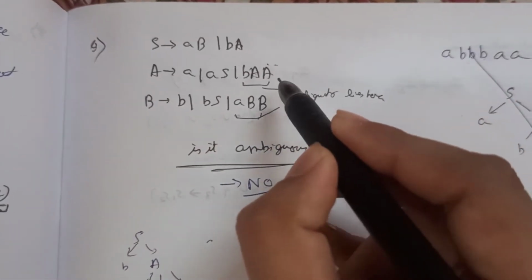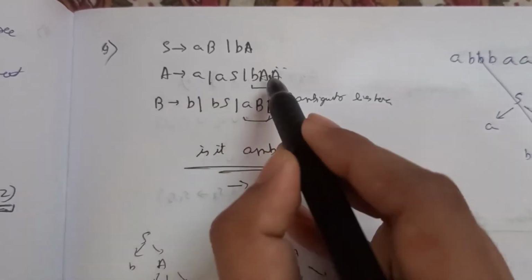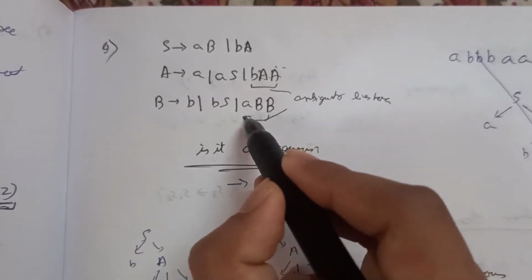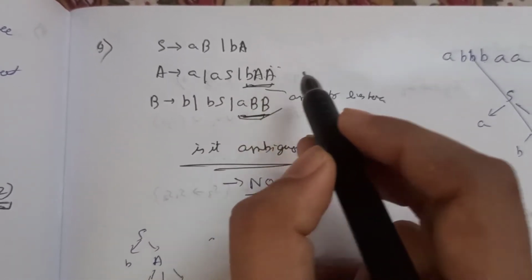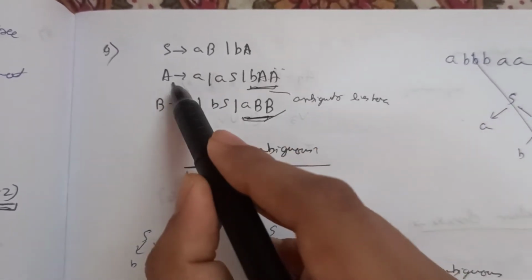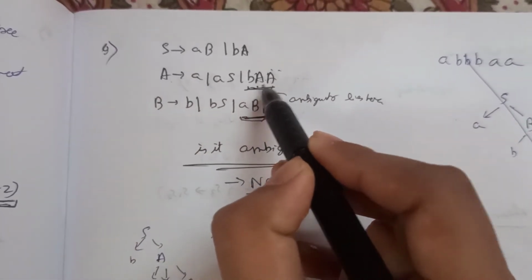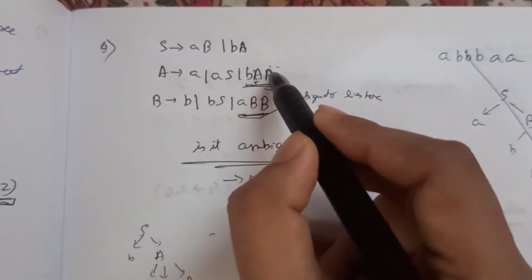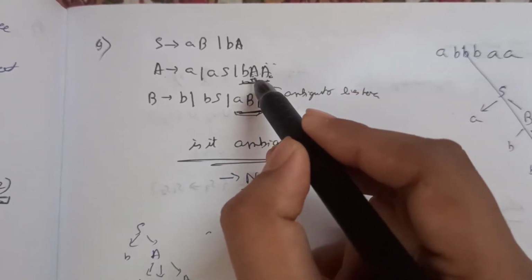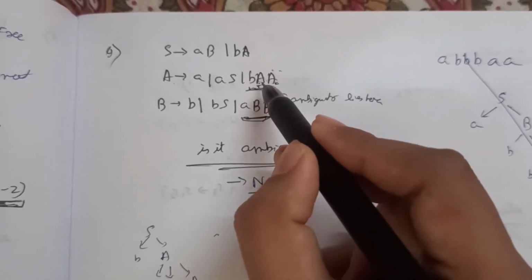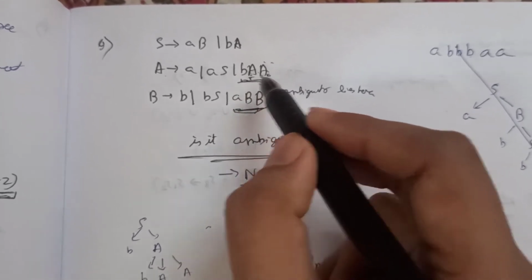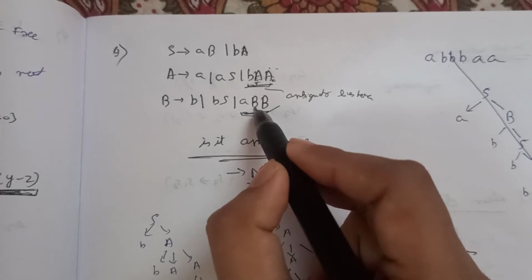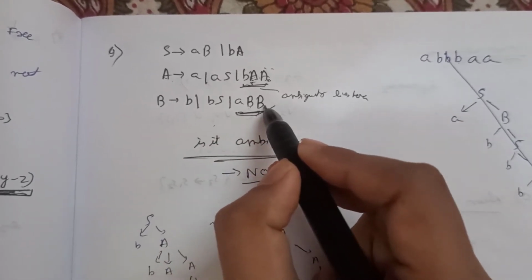Suppose for here, let's see, this production rule and this production rule make sure that there is an ambiguity. How? Because from this A I am having two variables, two A's, and now if I want to expand further, I can expand any one of the A's and I will have similar results. Similarly for this B, I can expand either this B or that B.